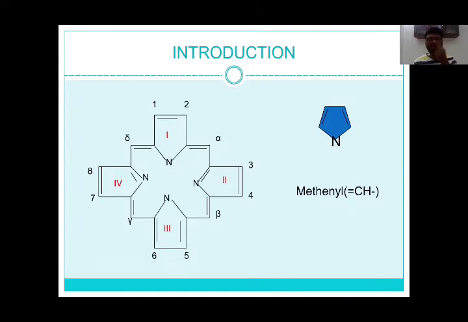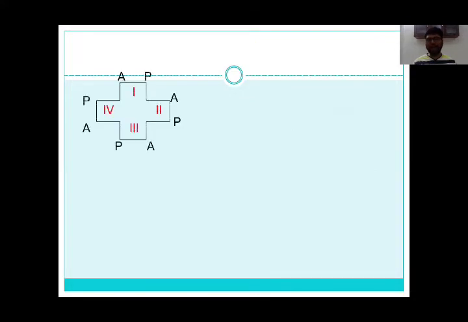porphyrin ring. We have many different types of porphyrins in our body, based on the side groups attached to the pyrrole ring. If these side groups are acetic acid and propionic acid on all the pyrrole rings, then the porphyrin ring is called uroporphyrin. This uroporphyrin 1 is a symmetrical structure. That means when you divide the structure like this, it will be looking similar on both the sides, having two acetic acid and two propionic acid on either side.